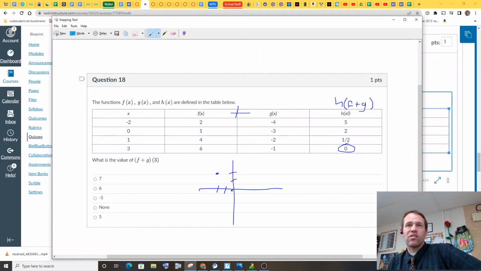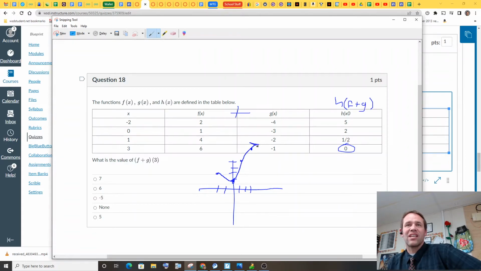Then you plug in a 0, you get 1. What the? You plug in a 1, you get a 4. It's like way up here. That doesn't seem right. And then you plug in a 3, and you get a 6 way up here. Okay, so that's just weird. Negative 2, 2, 0, 1. So it's like,